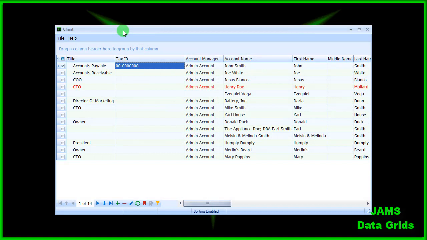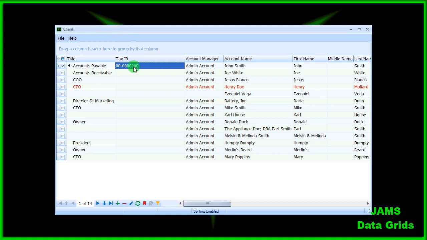Another feature available to a user with administrative rights is to copy cell data. This is not to copy data from cell to cell within the data grid. It is to copy data to an external application or use. An example of this might be to copy a tax ID, an address, an email, to a Word document. So to perform this,